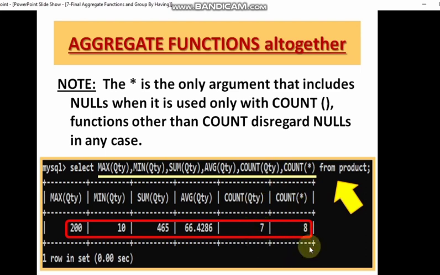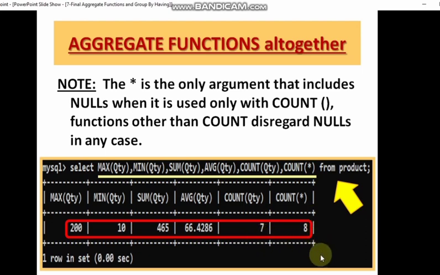They will give you one single table in the question paper and ask why these answers are different in case of count. Then you have to tell that count star is considering the null value also, whereas in the quantity column there is one single null value. That is why there is a difference of 1.